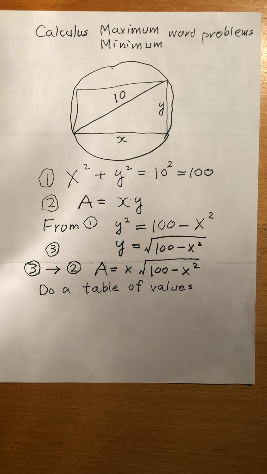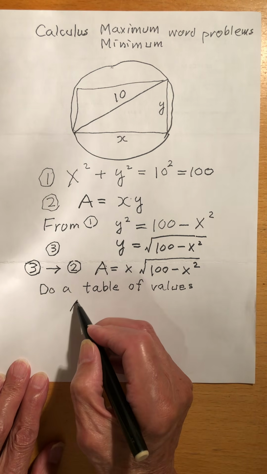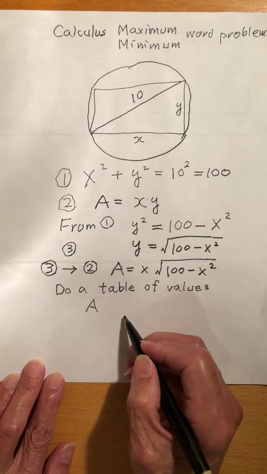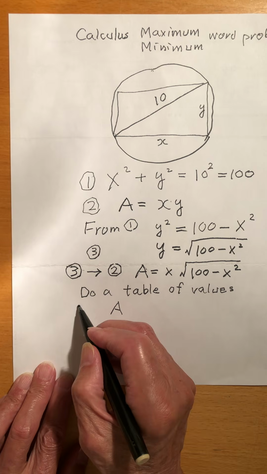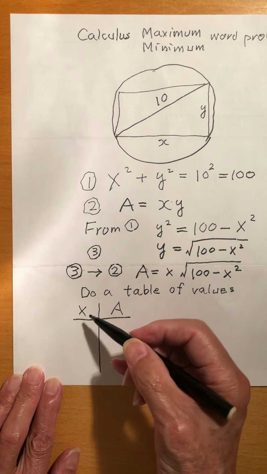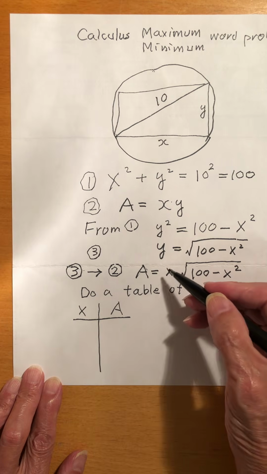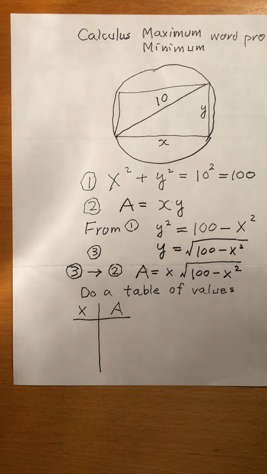I give x a certain number, and from that I can find the area. So I have a table with x and area. I assign x a number and I can find A. Okay, let's